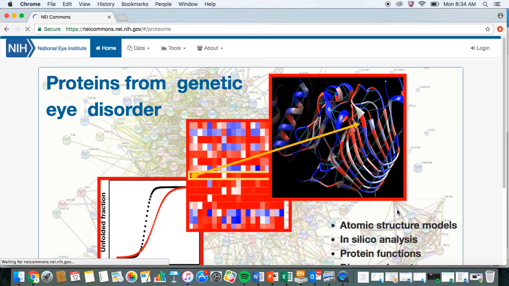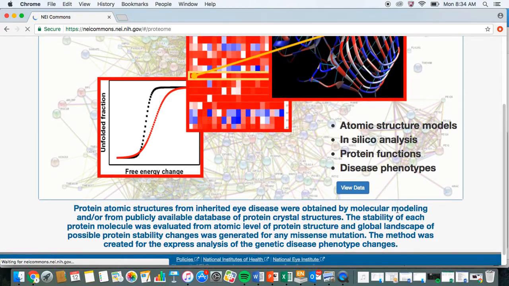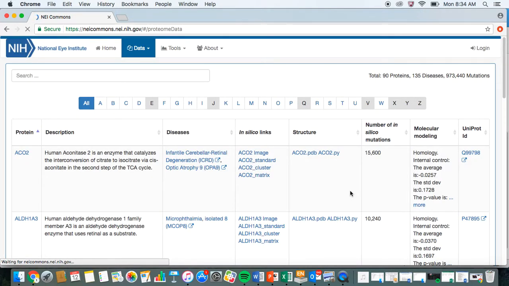We're first greeted with an introduction page, which tells you a little bit about the purpose of the database and the methodology behind it. We can then access the database by clicking View Data. The version currently available is Profile 27-1. This database contains 90 proteins, 135 diseases, and over 970,000 mutations. The data are organized into the following 8 columns, and we can also filter our shown data using this top